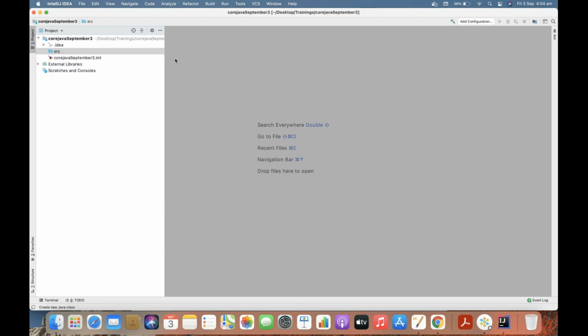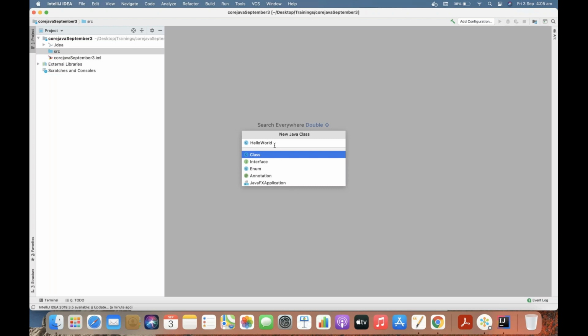According to best coding practices and naming conventions, class name should always start with a capital letter. It won't give you any error if you use a small letter, but we have to follow the conventions. So your class name should always start with a capital letter. My class name here is HelloWorld. For everyone who is just starting with Java, this is the very basic program to explain. So what is my class name here?